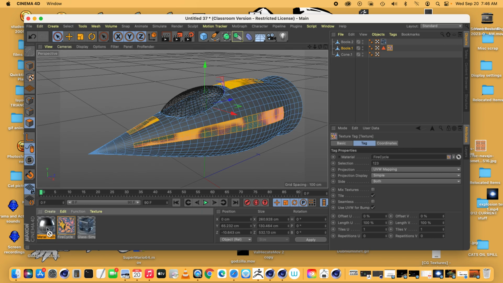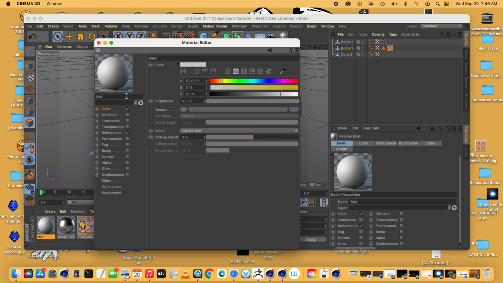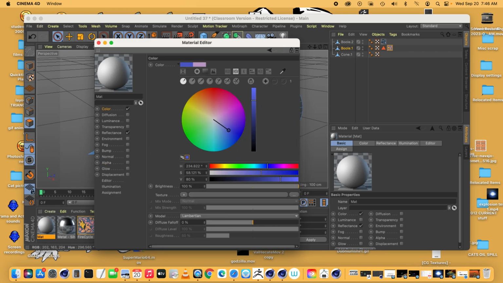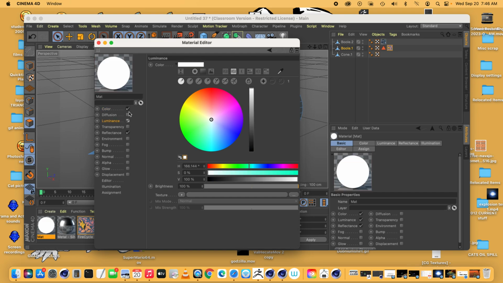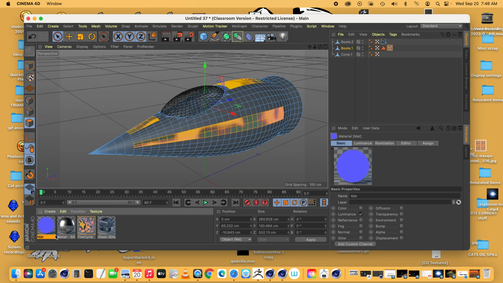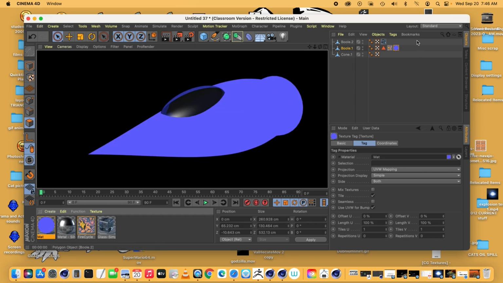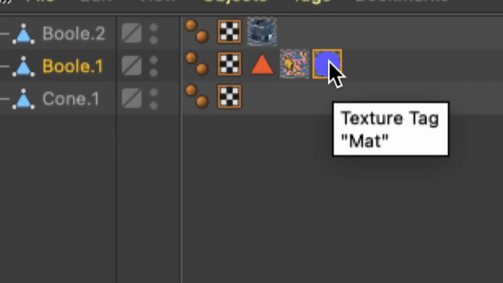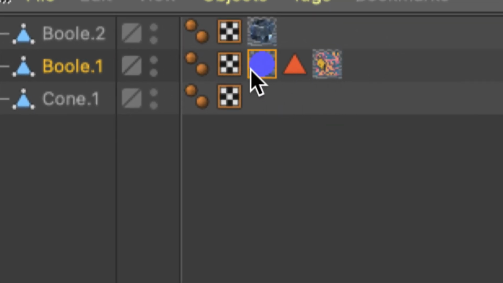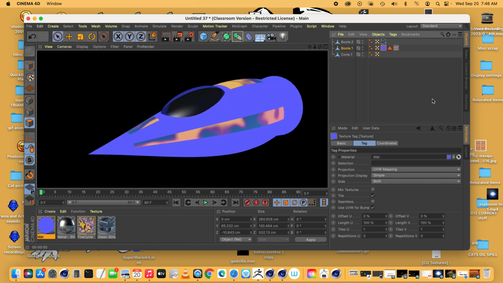Now I should make just a new material of blue or something. Because I don't have any lights here, it's not going to reflect well. You know what we can do? We make it luminant. Luminant materials always have their own light. So if I drag the luminant material onto my ship, it goes to the whole ship. Darn it, what do I do? Well, I just go over here and I drag that tag to the front. So the order that you put the tags in will affect how it looks. And now I have